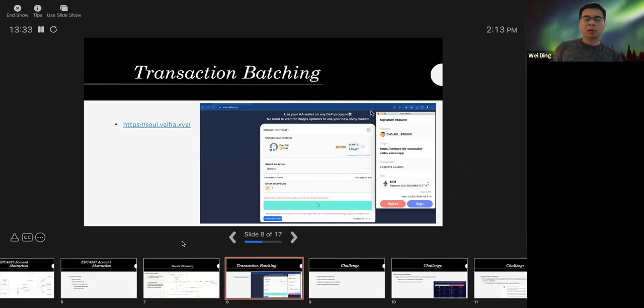And here is another important example of SoulWallet implementing transaction batching. We cooperated with a project called Waha. Here is an example, as you can see. This is a batch transaction where the user is using the Aave protocol. Before account abstraction, people usually sent an approve transaction, and after this transaction was confirmed on the blockchain, they actually sent another deposit transaction. But with transaction batching, these two actions can be combined together in one user operation.